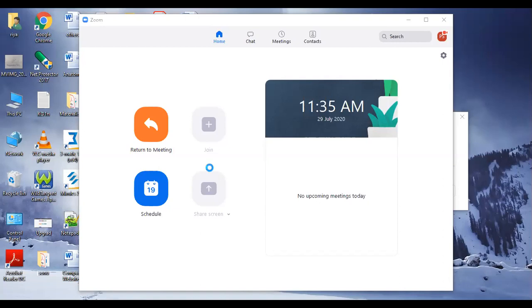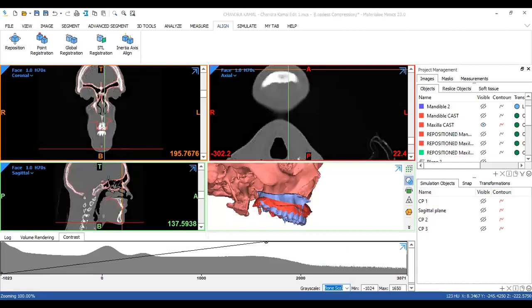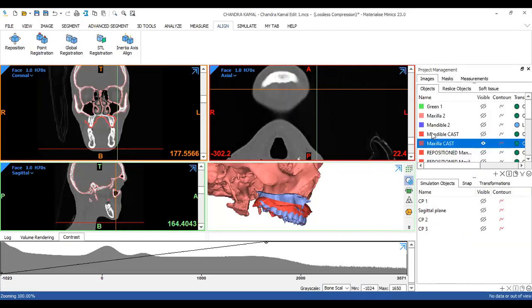Okay. So what I'm now going to do is set this as bone view so that we can visualize the tooth better. Right. I'm changing the color of my maxilla cast to something in green.